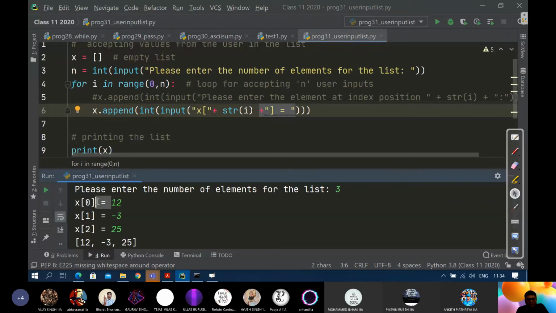Finally, this concatenated single string will act as your final prompt, the display message at the time of execution. Only i is changing every time. Is it clear? This is how we are increasing the readability, the friendliness, and the comfort of the end user. Yes, sir. Okay, if anyone has a doubt, tell me.